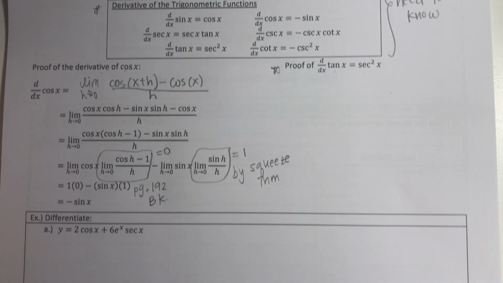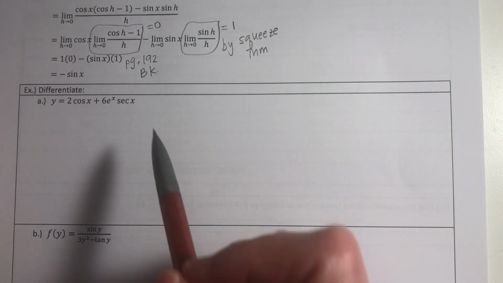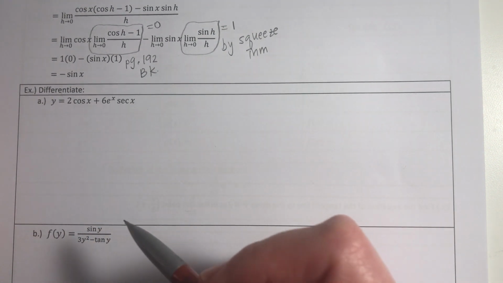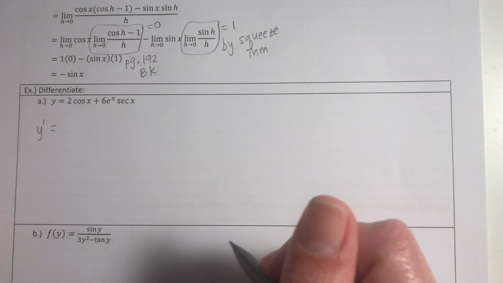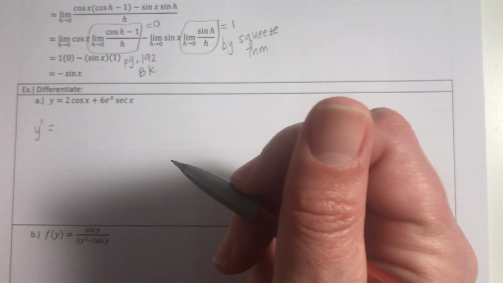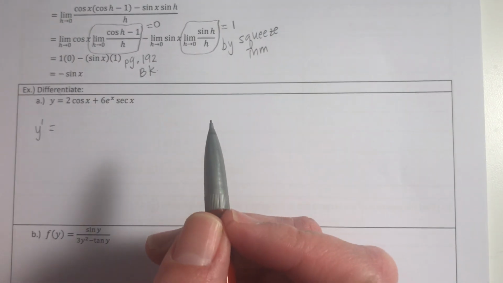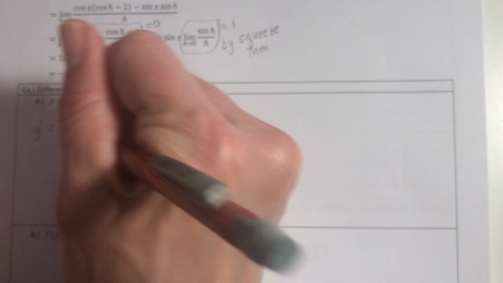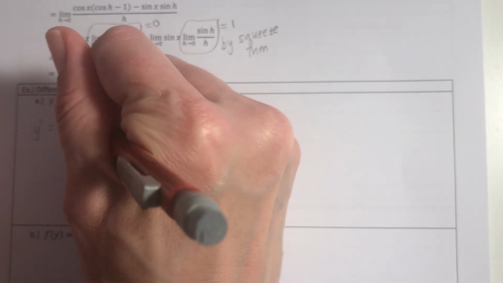Down here we're going to just go ahead and do some examples. First of all, the definition of differentiate is just the act of taking a derivative. So we have y equals, and remember, to start this off you need to put either y prime or dy/dx, something to tell us that we're actually taking a derivative. If you do not put this, it is technically wrong. And we have 2 times the derivative of cosine of x, which is negative sine of x,